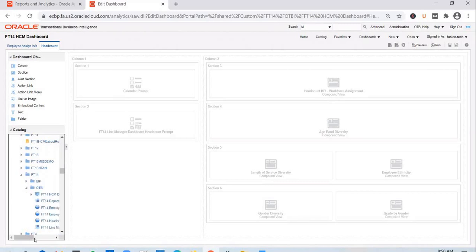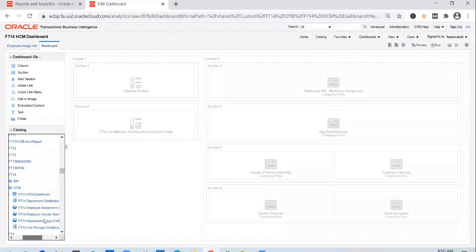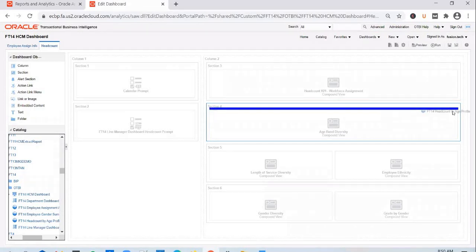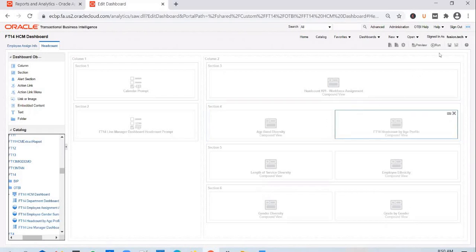OTBI, and select the new report that we created. It's headcount by age profile. Drag and drop it here because we have deleted it as a column. If you add it here, it gets added as a row. If you add it here, it gets added as a column. Add it there. And now save the report.